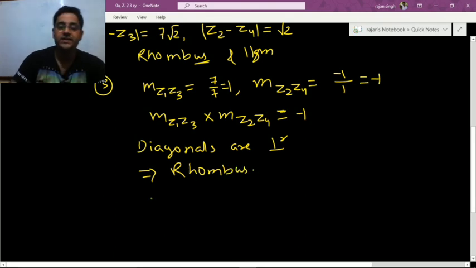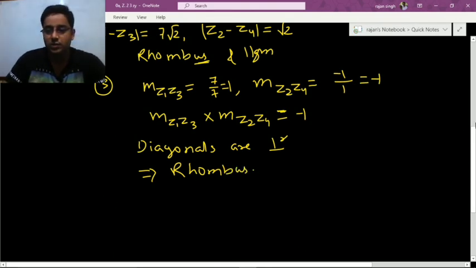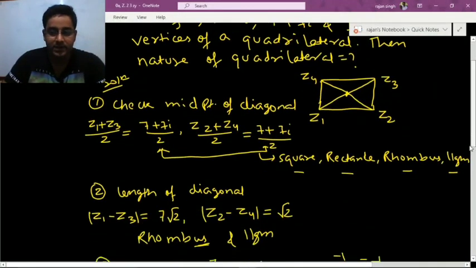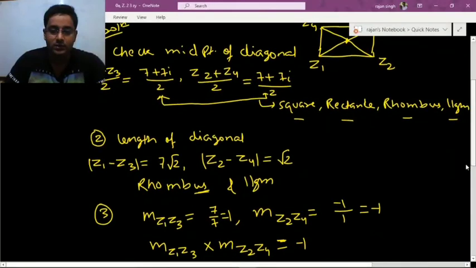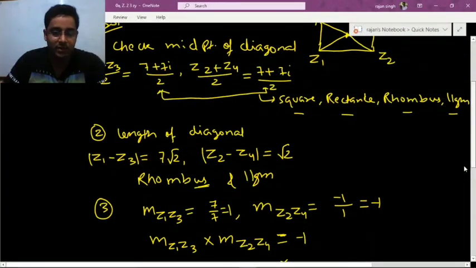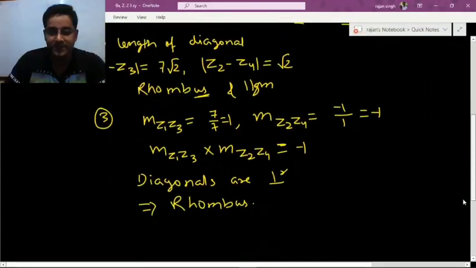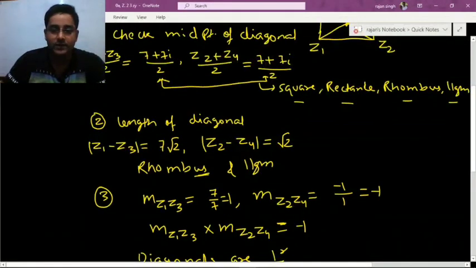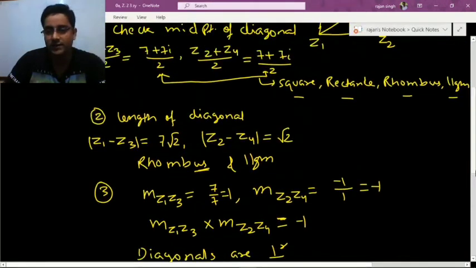This thing is clear. It's very easy. You just have to focus on the diagonals: the midpoint of the diagonals, then the length of the diagonals, to find which quadrilaterals have equal diagonals and which don't. Then the angle between them. If the lengths of the diagonals came out equal, then the quadrilateral would be a square or rectangle. In that case you find the length of adjacent sides to decide between square and rectangle. That was the problem.